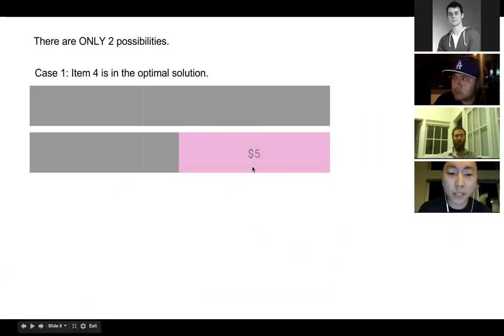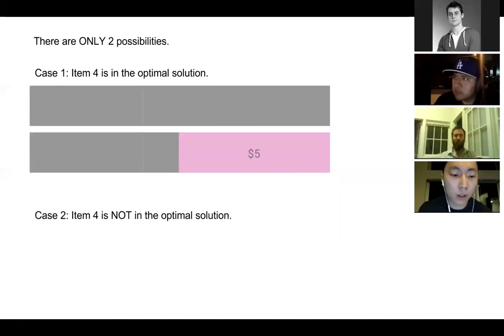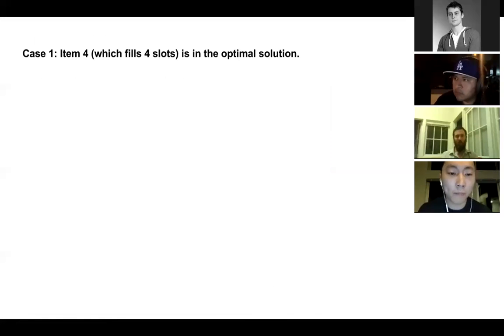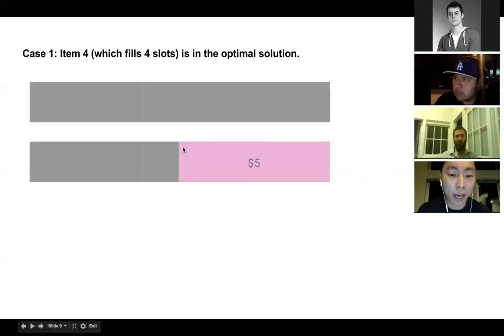So it's taking up these 4 slots because this is what we're assuming for this case. Well, if that's true, then there's also the second case, which is that item 4 is not in the optimal solution. For instance, in here, item 4 just doesn't fit into this space. There's just not enough room. So again, for case 1, if we assume that it fits into these 4 slots,